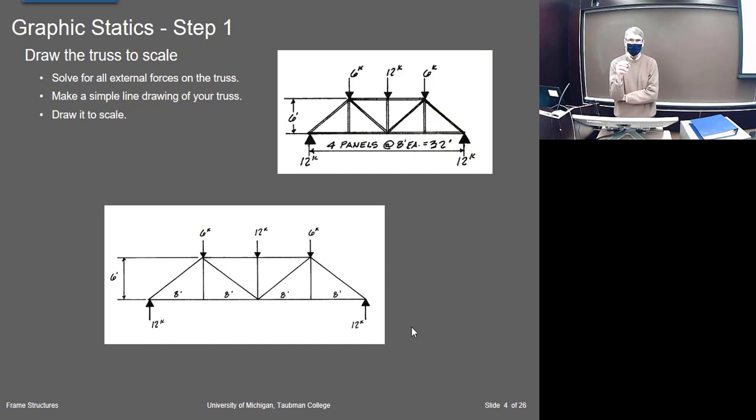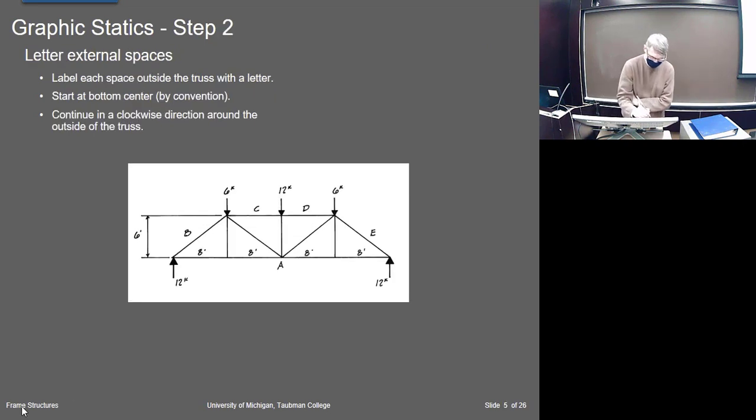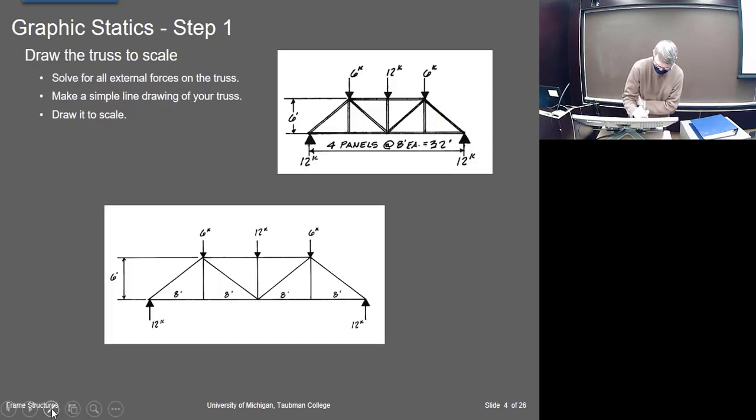Okay, so there's a little procedure, and it makes it easier. You can do this in different ways. Like the Müller-Breslau uses a little bit different numbering system than Cremona, so there are different ways to do it. But this is one pattern, and if you follow it, you come to the solution pretty easily. So you start with the truss, with the load. Okay, you start with the truss, and you draw a simple diagram of it to scale,